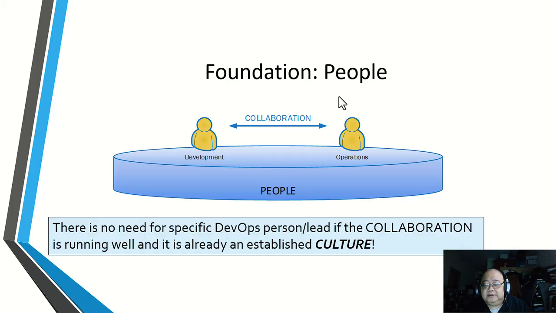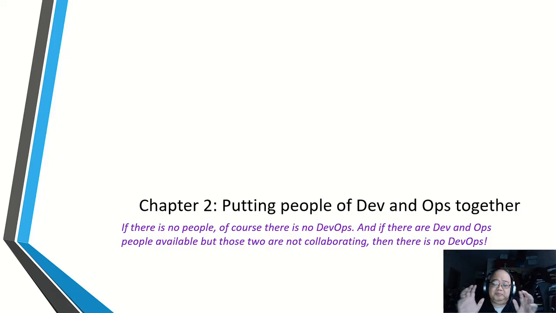I've done it, and I'll see you in chapter 2, about putting the people first. The details of not just the collaboration, of course, but what exactly the soul of the people of DevOps is. I already mentioned that if there are no people, of course there's no DevOps. Then I'm going to describe not just DevOps, but also the soul of DevOps in terms of the people and the perspective of people itself.